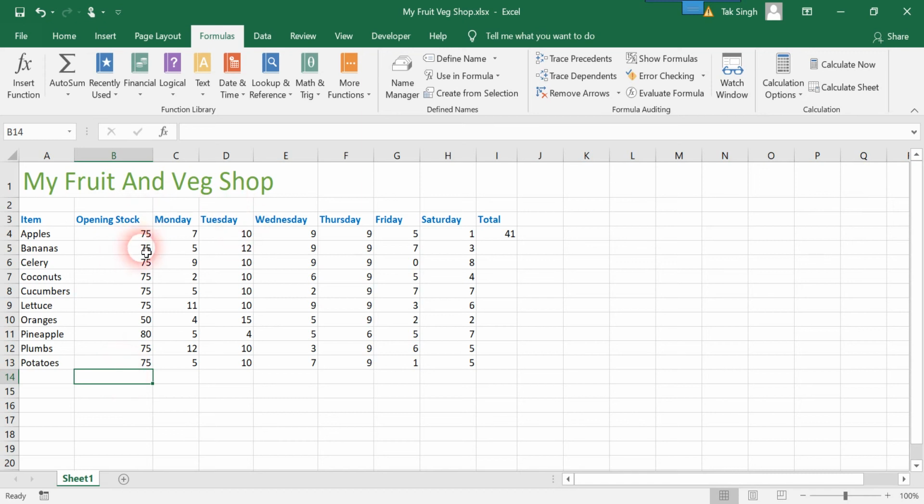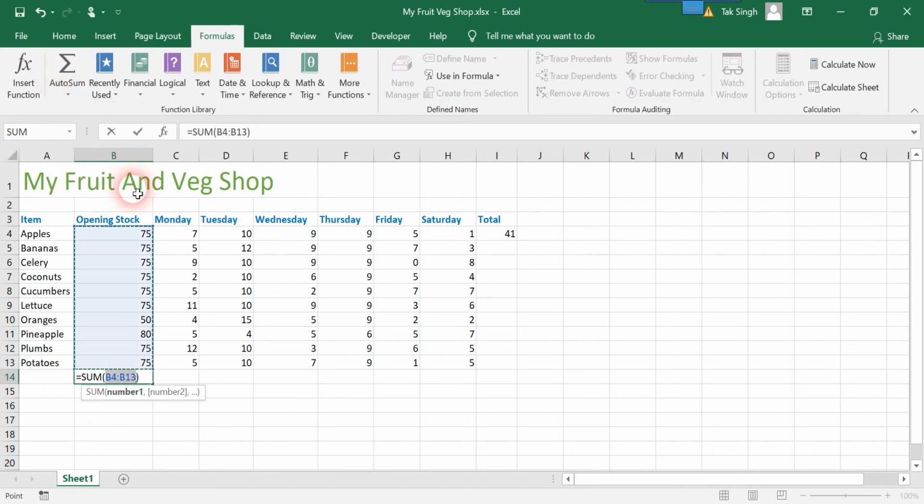Say I want to find the sum of the data present in column B. So I'll select any cell in column B that is below the data. The data are the elements I want to sum. So I can select cell B14, 15 doesn't matter, I'm selecting B14, and then I will click on the AutoSum button. Yes, the sum is the inbuilt function. It calls the inbuilt function, that is SUM.